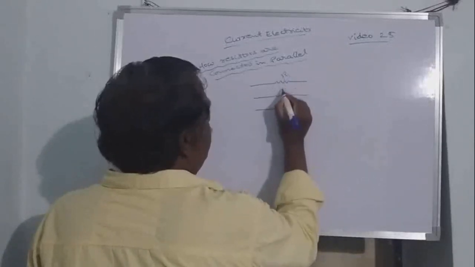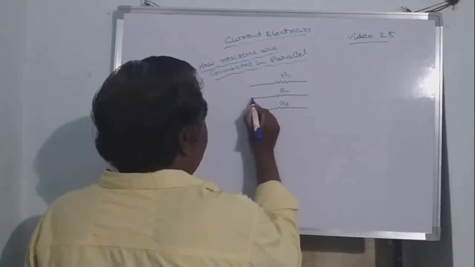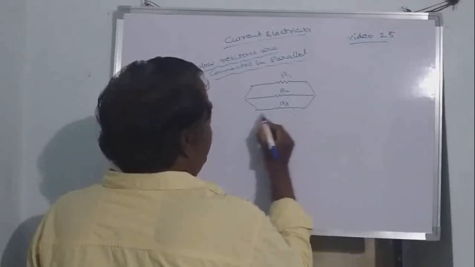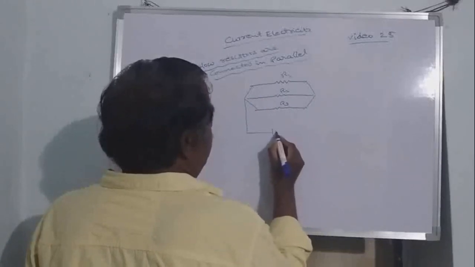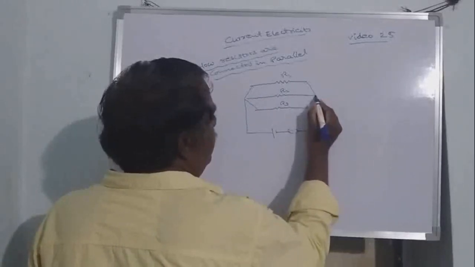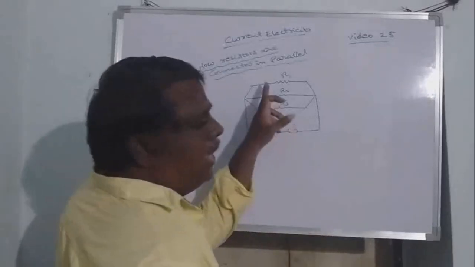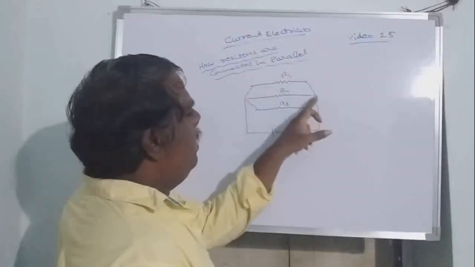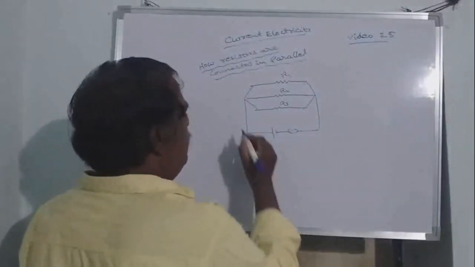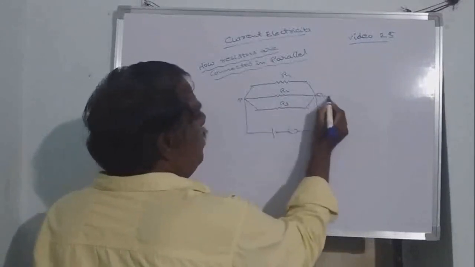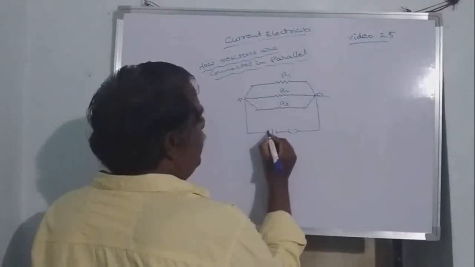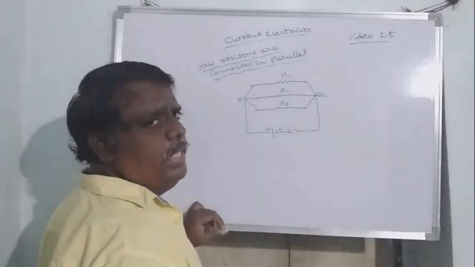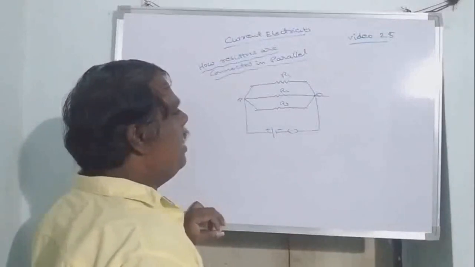Three resistors, namely R1, R2 and R3, are connected in parallel. How can we say they are in parallel? So this is the diagram for parallel combination. All the first ends of the resistors are connected to one single common point. All the second ends are connected to another single common point. Let us say P and Q. Finally, P and Q are connected to opposite terminals of the battery through a switch. This combination is called parallel combination.